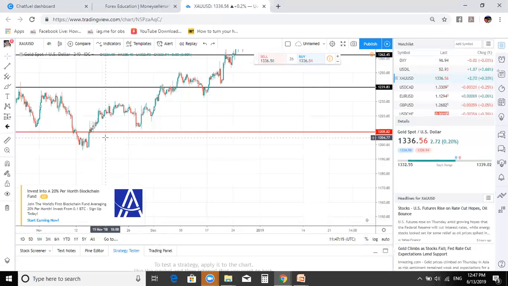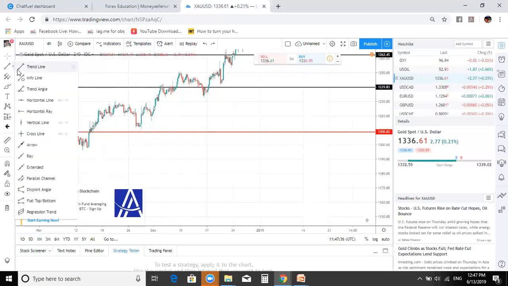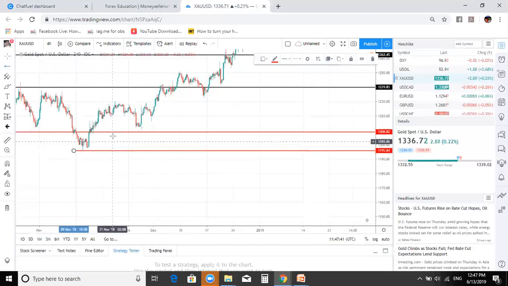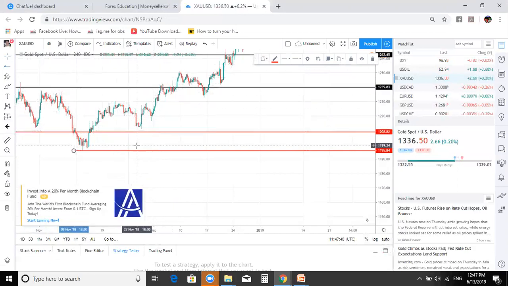Unless maybe you are a scalper, you just want to do 5 pips. So you set 5 pips take profit, 5 pips stop loss. You can do 1:1. But if you're a day trader, you're expecting maybe like 100 pips. Your stop loss should not be more than 50 pips. So now let's assume that you are looking at this, your next zone, as your take profit. You need to ensure that your stop loss is below here. And if you look at it, this move to this place is not more than half of this, or the whole of this. So if you put your stop loss below this last low and your take profit here,